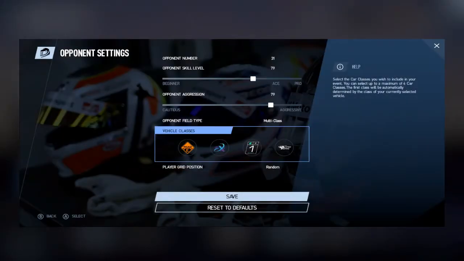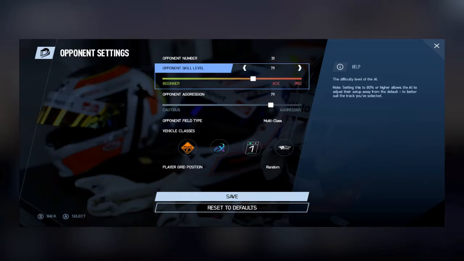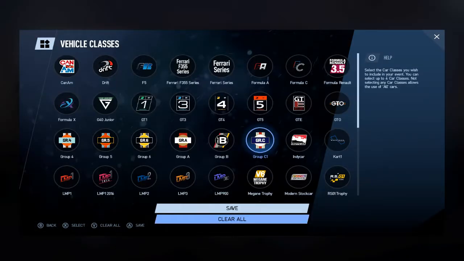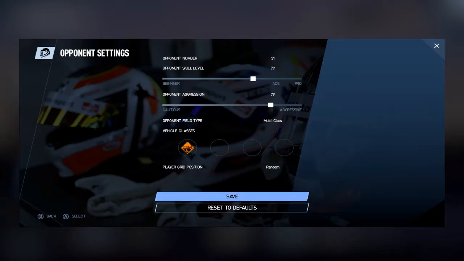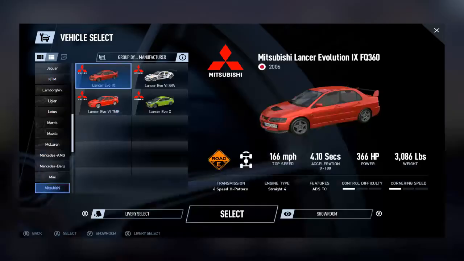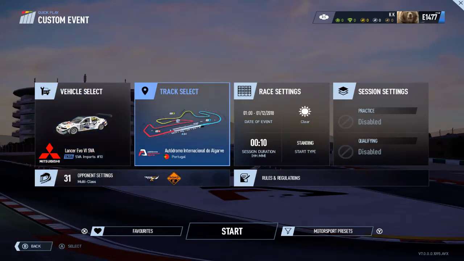Now, again, like last time, the bots will be at 79, 79. I think we tried different variations of the aggression. This may alter, but this will not. Multiclass, of course. Grid position is only random in your own category. So I'm going to run the Mitsi first, because I don't know if the Mitsi has lights. We will take a decision whether...